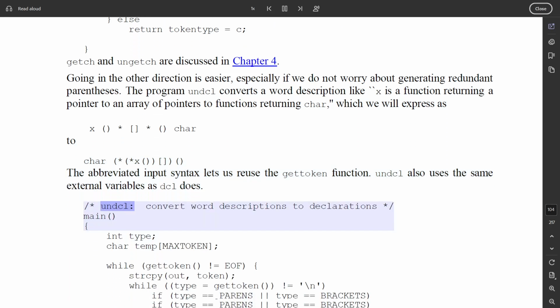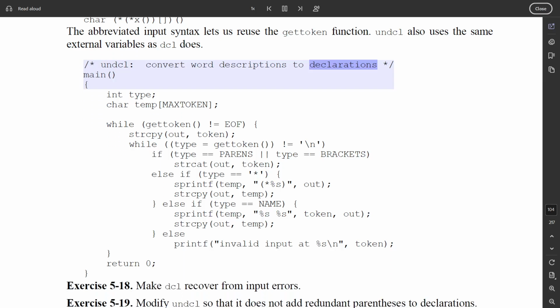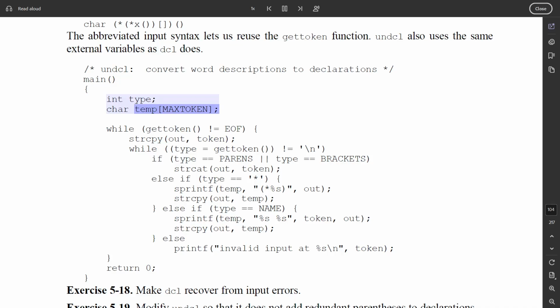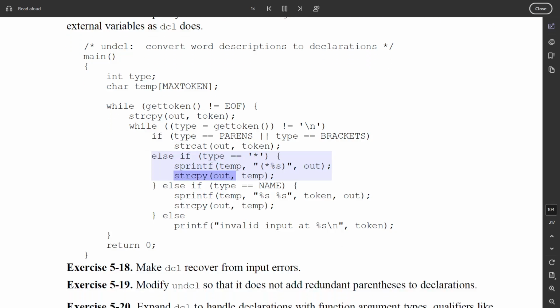/* undcl: convert word descriptions to declarations */ main() { int type; char temp[MAXTOKEN]; while (gettoken() != EOF) { strcpy(out, token); while ((type = gettoken()) != '\n') if (type == PARENS || type == BRACKETS) strcat(out, token); else if (type == '*') { sprintf(temp, "(*%s)", out); strcpy(out, temp); } else if (type == NAME) { sprintf(temp, "%s %s", token, out); strcpy(out, temp); } else printf("invalid input at %s\n", token); } return 0; }